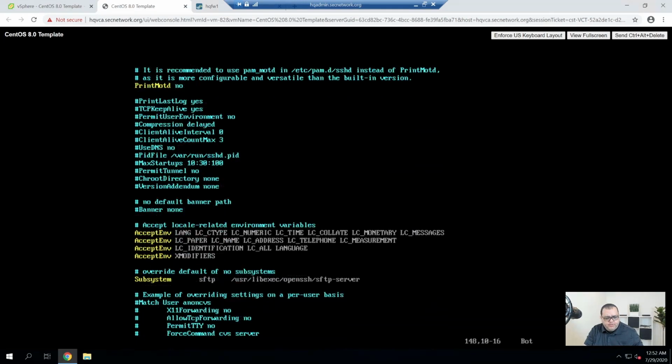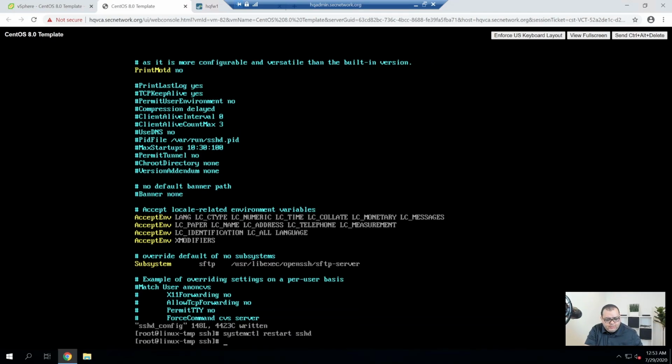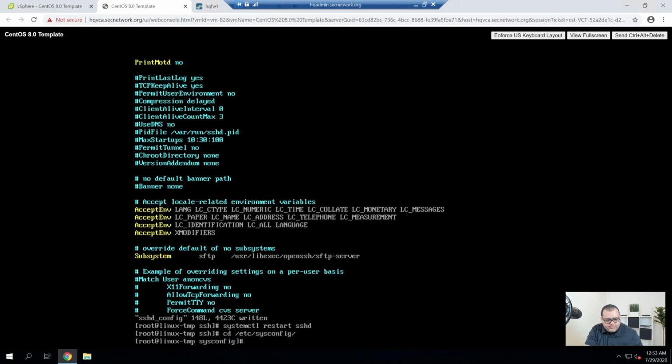And for now, that's going to be it. Then systemctl restart sshd. And I'm going to take a look at the network scripts. I think I have to install this.